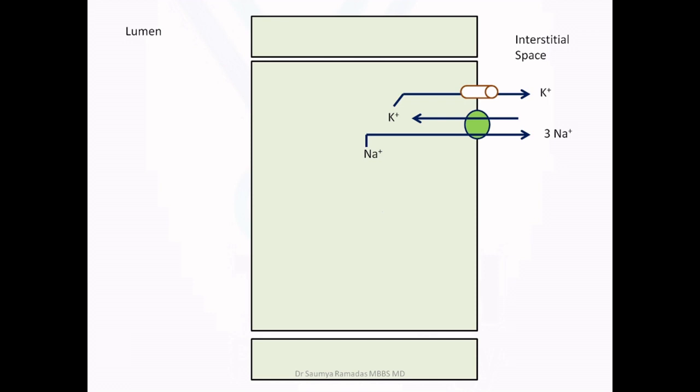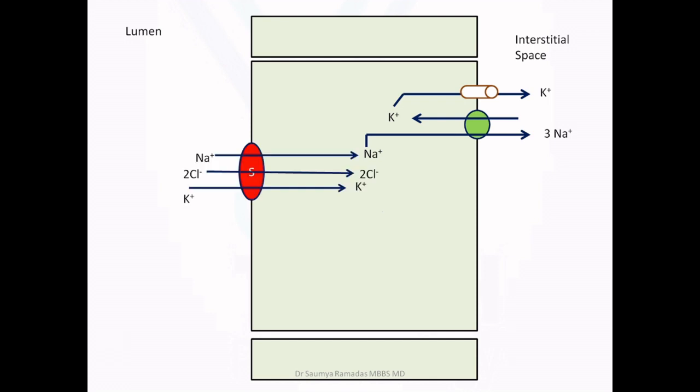Mechanism of action of loop diuretics. The activity of the sodium-potassium ATPase in the basolateral membrane provides energy for capture of sodium from the lumen via the sodium-potassium 2-chloride symport. The downhill transport of sodium via the symport provides energy for uphill transport of chloride and potassium. The potassium is then recycled into the lumen via the luminal potassium channels, and the chloride is absorbed into the interstitial space via the basolateral chloride channels.